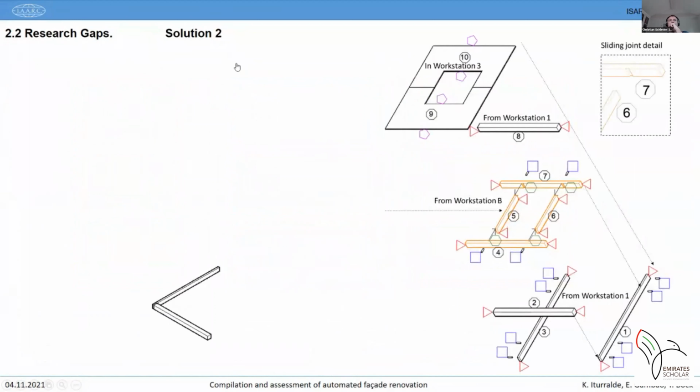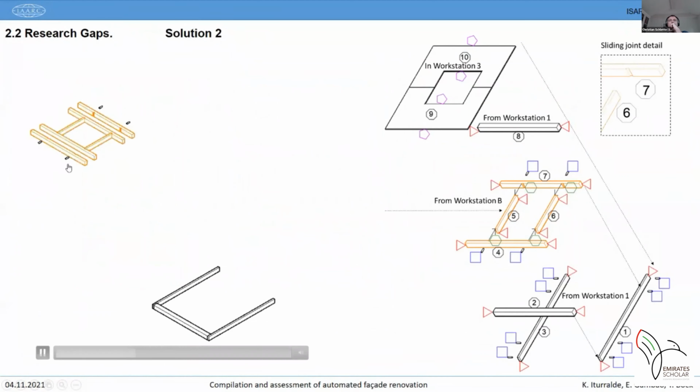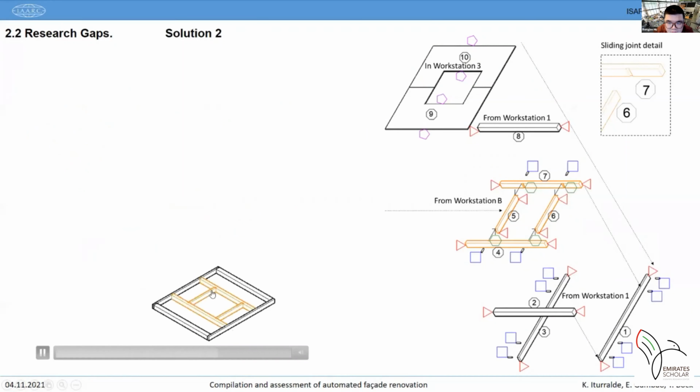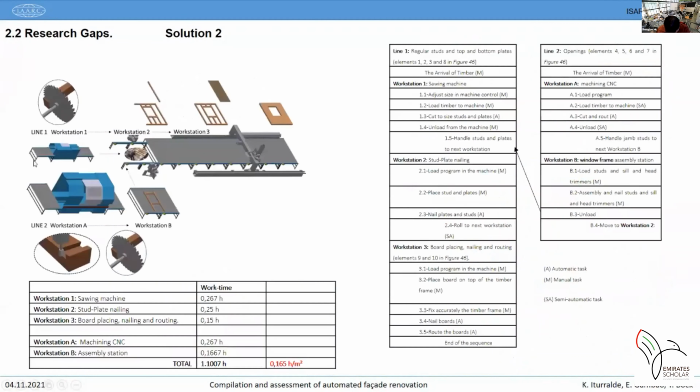The second solution focuses on the manufacturing subsystem. Currently, the windows of a timber frame module are manufactured separately because they require more accuracy. That's why they need to be machined in a CNC. The rest of the elements are normally cut in a normal saw. That brings